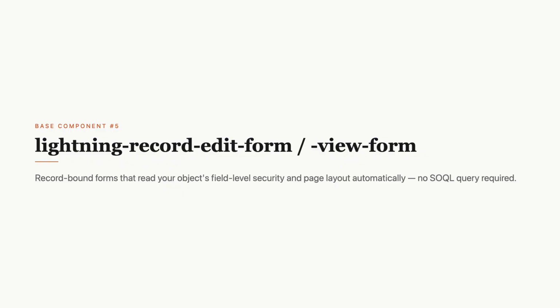Browse by category or search directly. Read the attributes table before you guess. Check the events and details, and start with these 5 base